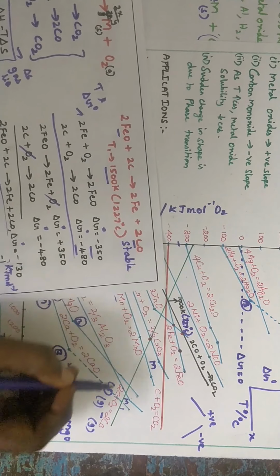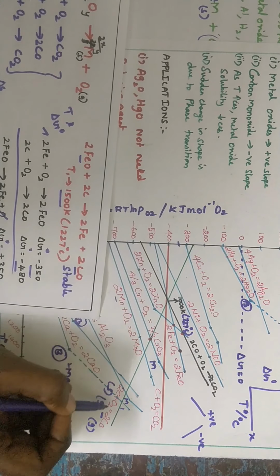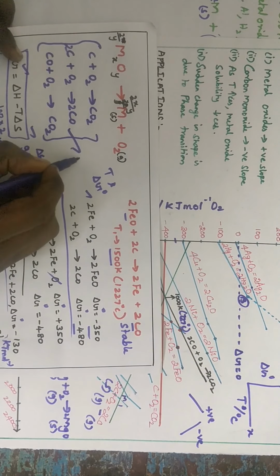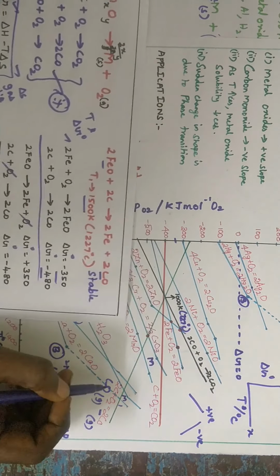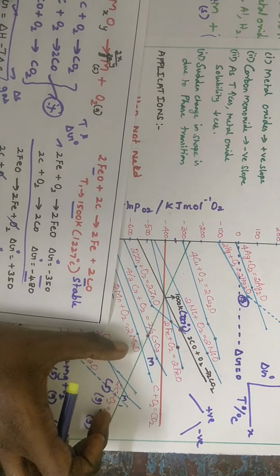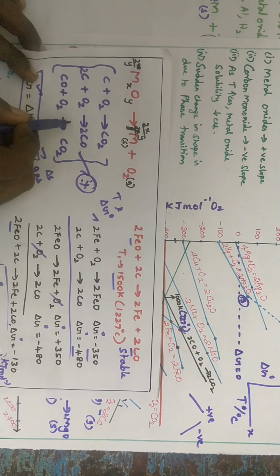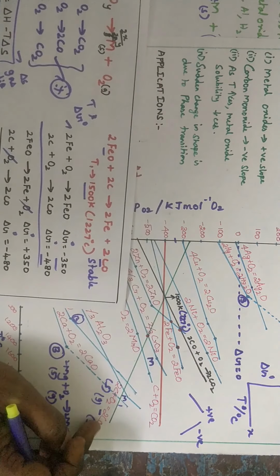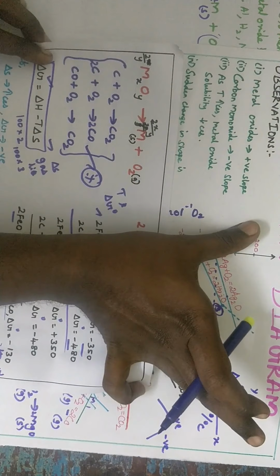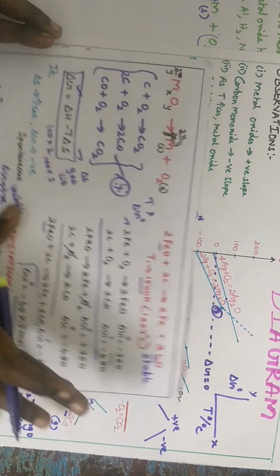So in this graph you see carbon plus oxygen gives carbon monoxide. In this way the delta G naught value increases. Hence, comparing these three equations, C plus O2 is a better reducing agent because it is stable. As the delta S value increases, delta G automatically becomes more and more negative. So from these three equations we find that carbon plus oxygen gives carbon monoxide is the better reducing agent for reduction of metal oxide to metal. So the Ellingham diagram is always used to measure which one is the suitable reducing agent for reducing metal oxide to metal.